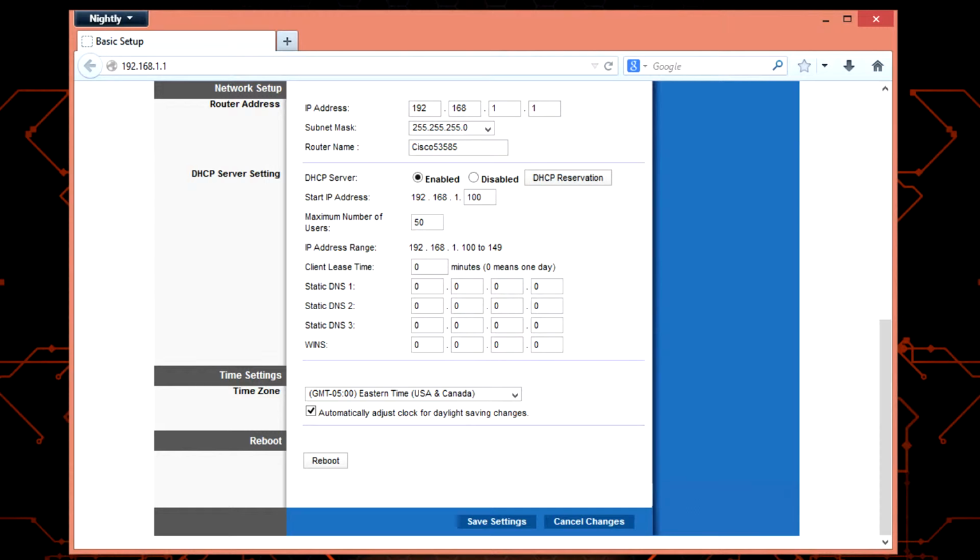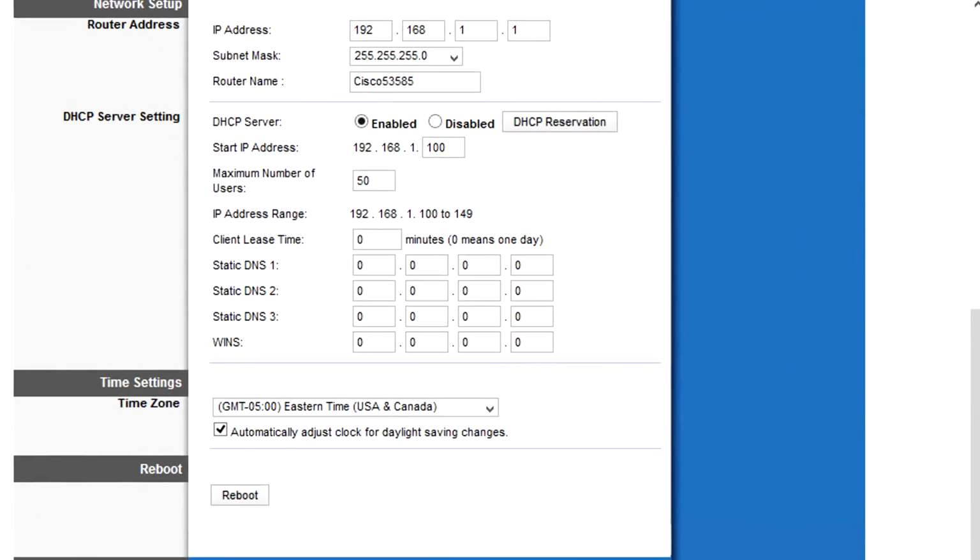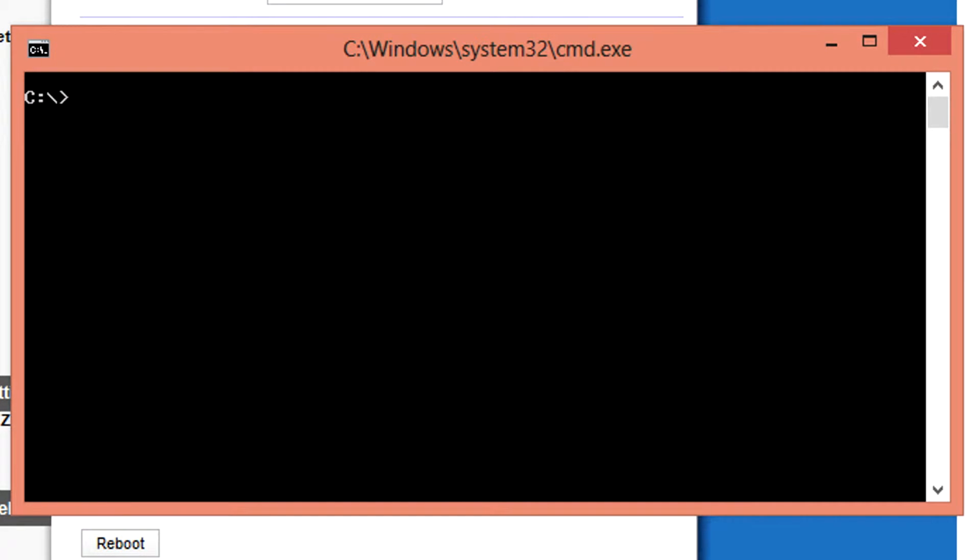For the most part, this pertains to Windows, which is weird because pretty much everything I do on this channel has to do with Arch Linux or just Linux in general. But hey, it's going to be a Windows episode. Within Windows, it doesn't really matter what version you're in. I'm in 8, you can be in XP or 7. It's pretty much the same. Open up command prompt: Windows key R, run CMD. Just get to command prompt and type ipconfig